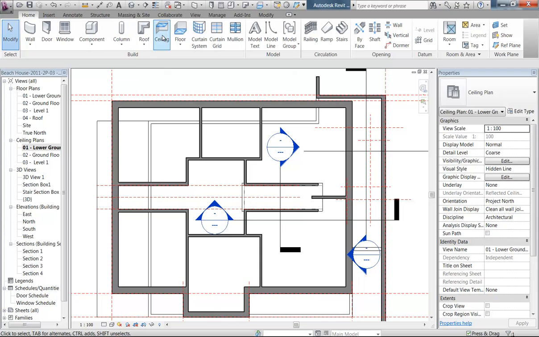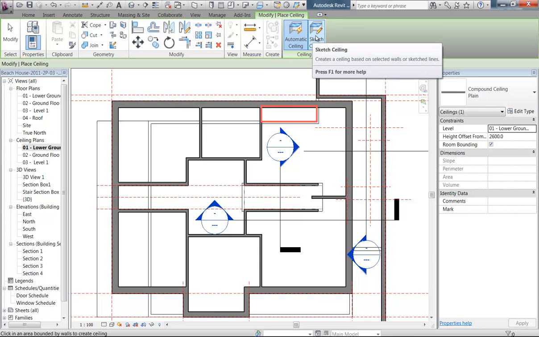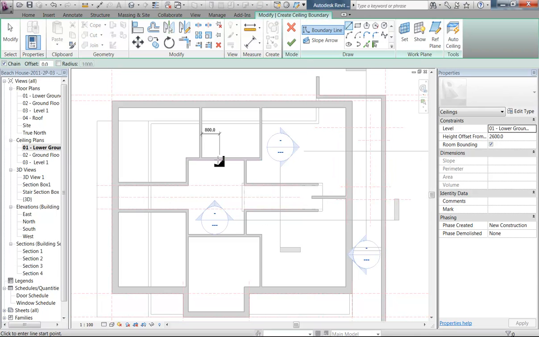So I'm going to go to my ceiling tool now, and using sketch ceiling, I'm going to put a ceiling across the whole level. You can do a ceiling in each room, but in a situation like this where you really have common ceiling height across the whole level, much easier just to do it like you would a floor. So I'm going to use pick lines